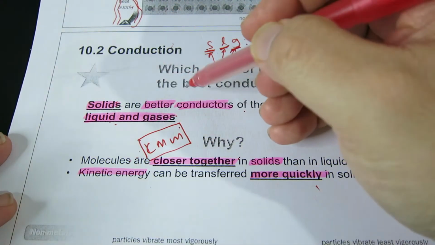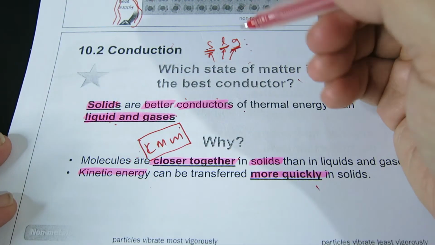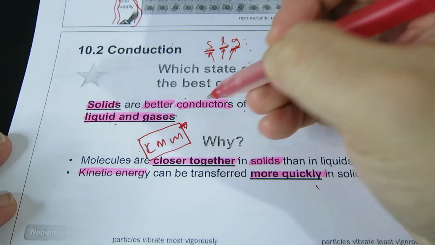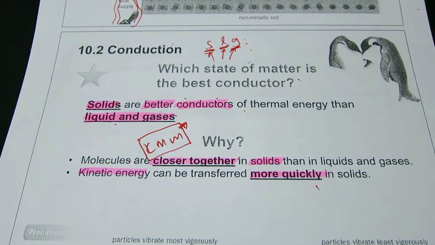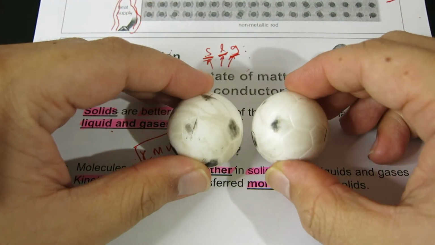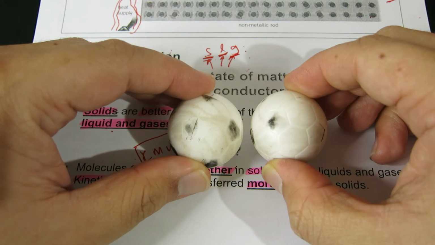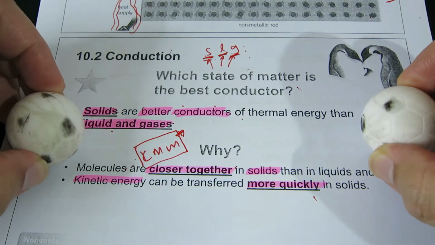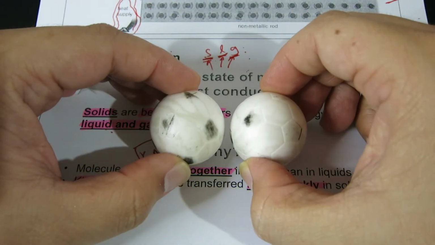Solids are far better conductors than liquids and gases. Now, why? We fall back to our kinetic model of matter and how the particles are arranged in solids, liquids, and gases. In solids, the particles or atoms are arranged very closely, liquids slightly further apart, and gases very, very far apart. Because solids are so close together,